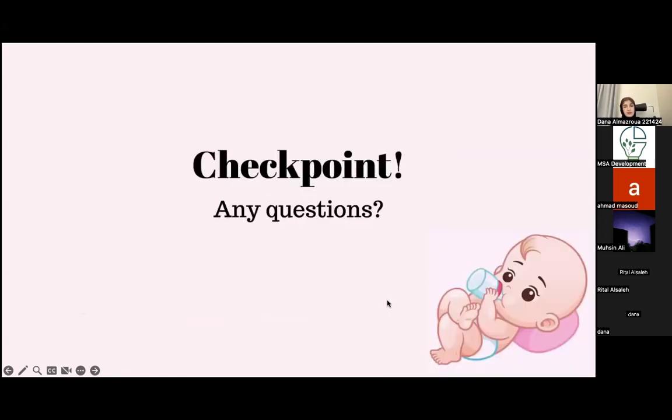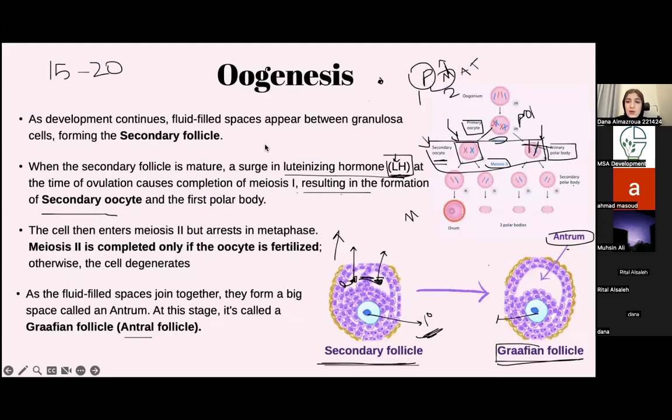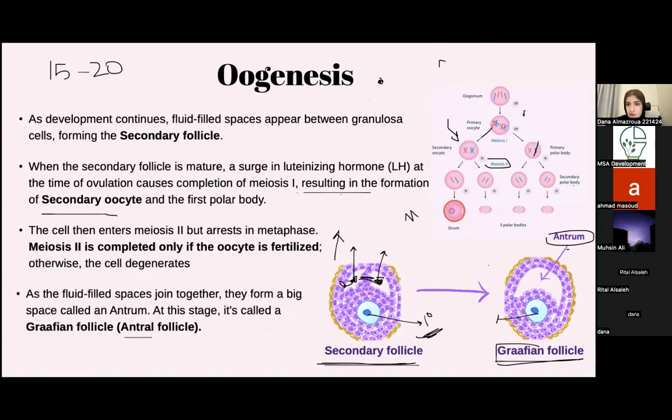I understand that it can be a bit confusing, but I'm going to repeat the whole thing. Actually, how do 3 polar bodies form at the end from 1? Okay, this is a good question. Someone is asking me how we have 3 polar bodies at the end. I'm just going to erase the mess that I drew, so it makes way more sense. This goes back to our